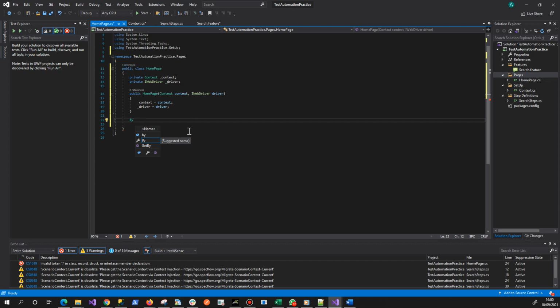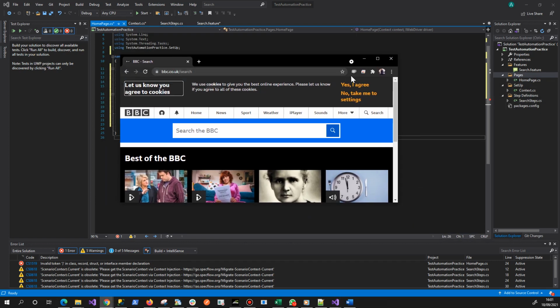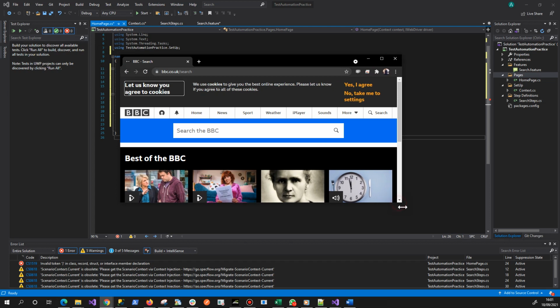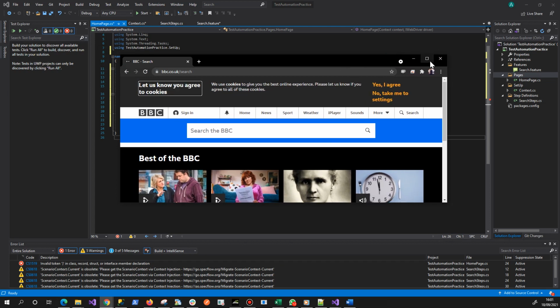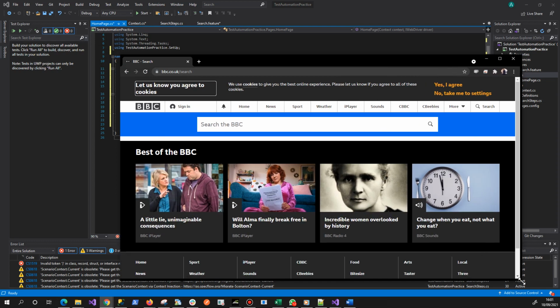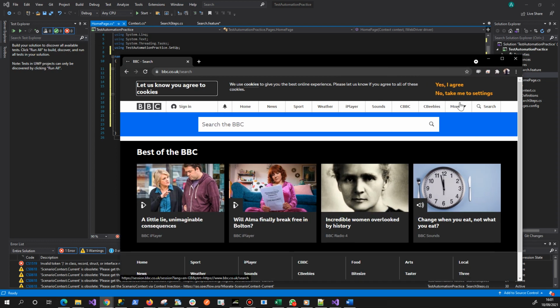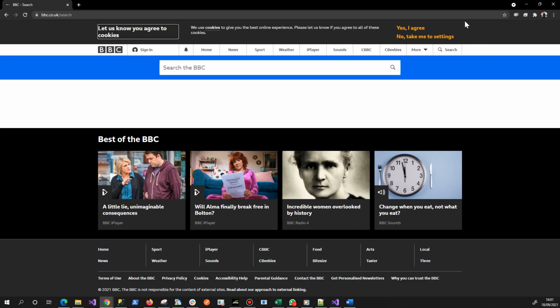The first thing we want to do, when we get to the home page, which is this page that we're in, is click on search. So we're gonna have to inspect the elements of search, and then we're going to click on the search button or link. Okay, so if I do F12,